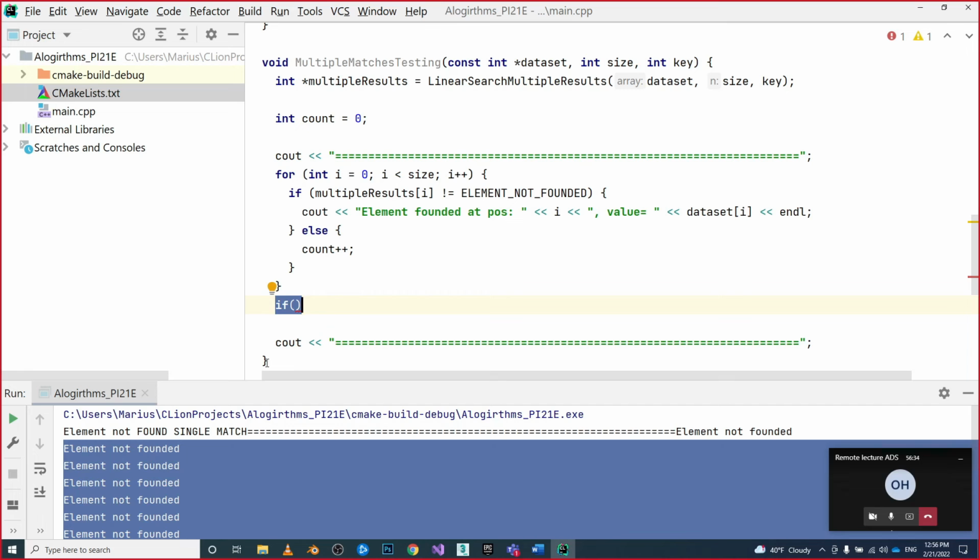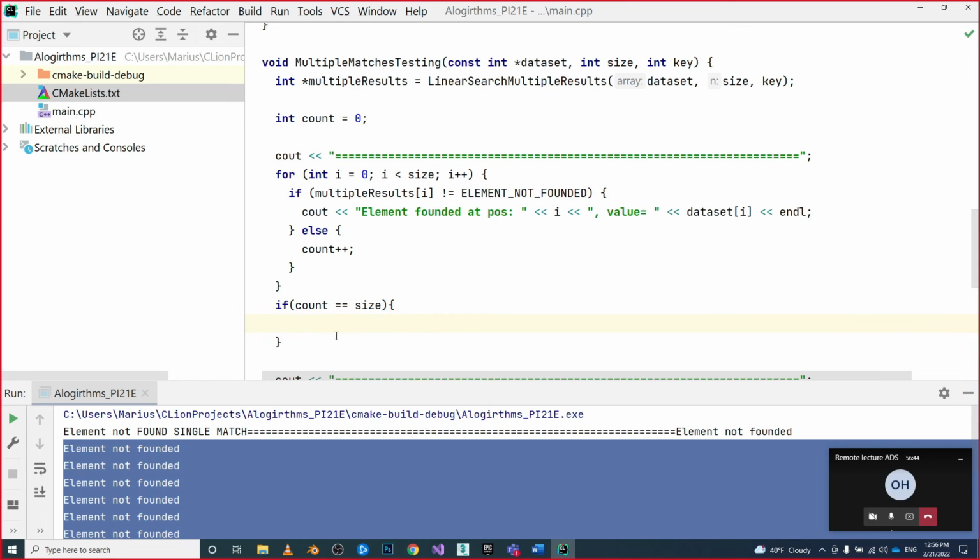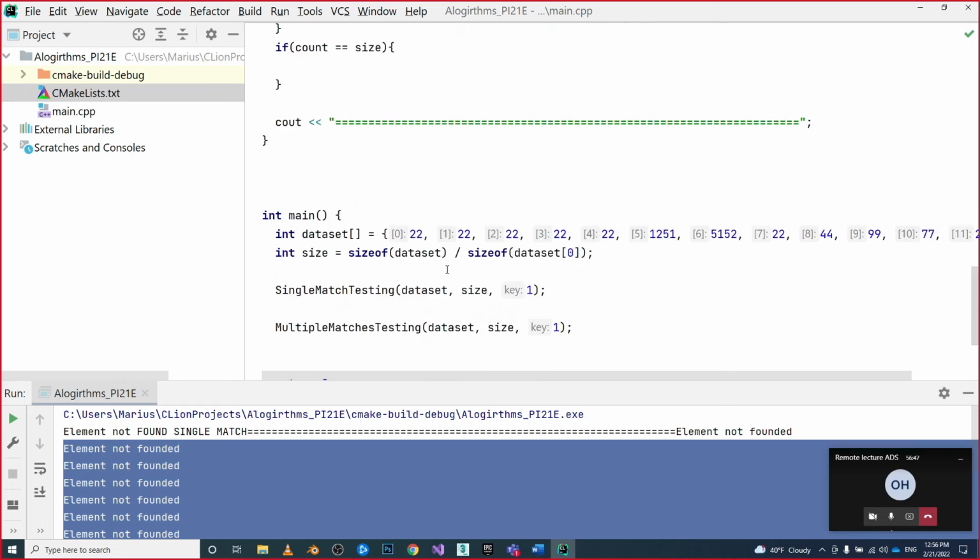For counting, you just plus one, plus one, plus one, plus one, and so on. And if count is equal to size, you just print some element not found,